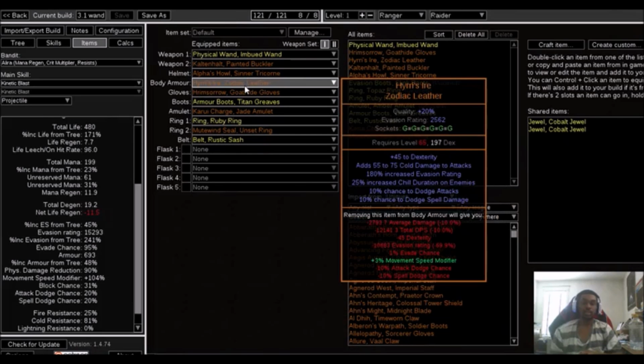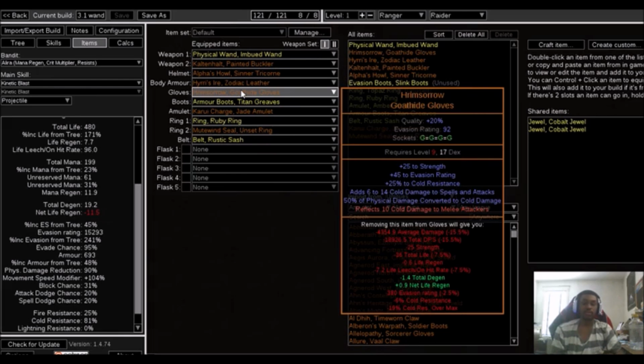Yeah, and then we're running our Hyres Zodiac Leather. This gives us increased cold damage to our attacks, so increased cold damage onto both our barrage as well as our kinetic blast. It gives us just extra dodge chance for both spells and attacks, so that's really nice. And then we're running Hymn Sorrows. This gives us our physical to cold conversion. Well, half of it, I should say, with the